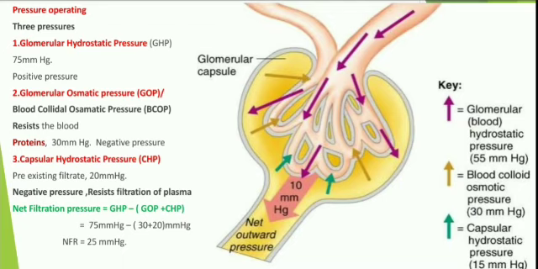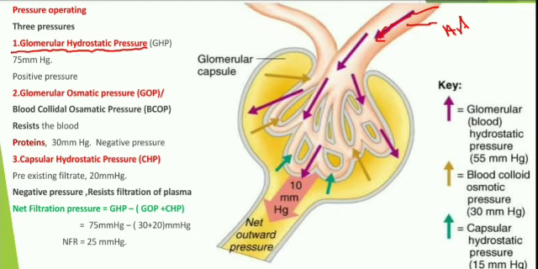Now we can discuss glomerulus hydrostatic pressure, represented as GHP. What does it mean? This is the structure of the Malpighian body. Already we know these are afferent arterioles. They are very broad, and they lead into small capillaries, known as the glomerulus. When more blood enters the afferent arterioles, it suddenly flows into the small capillaries.